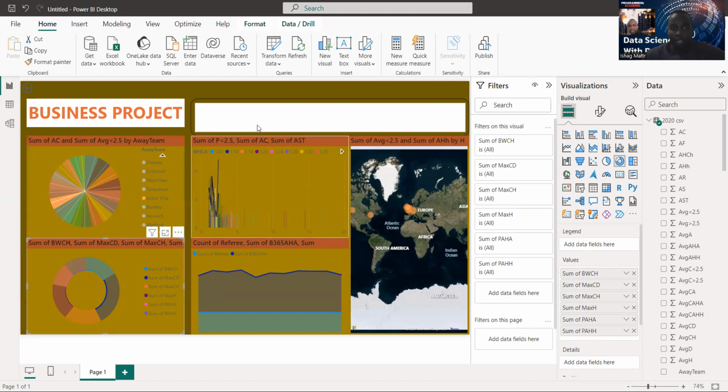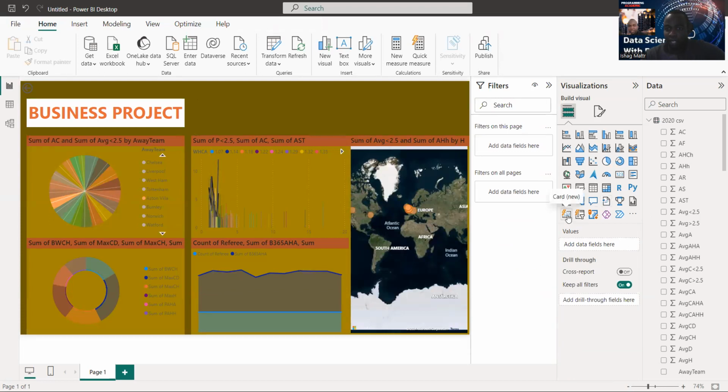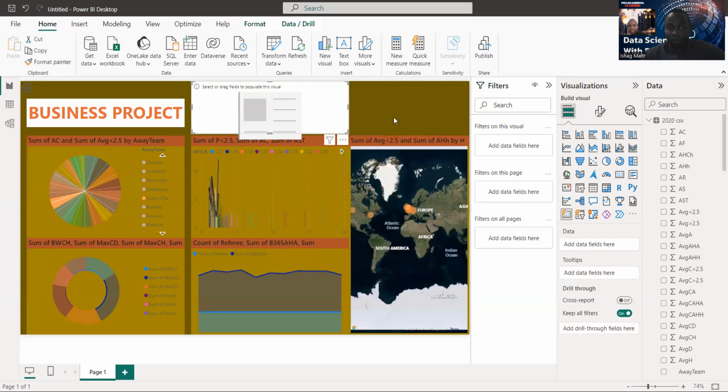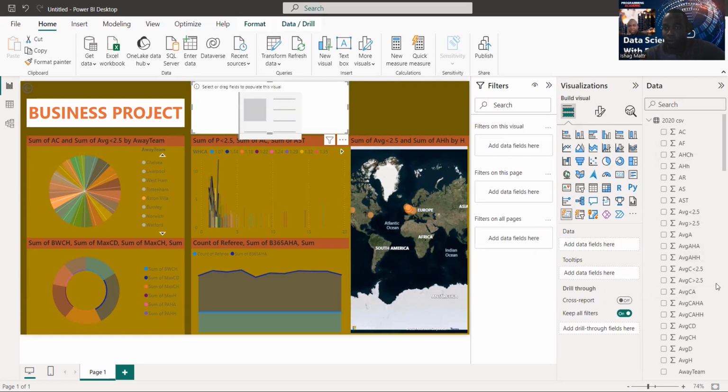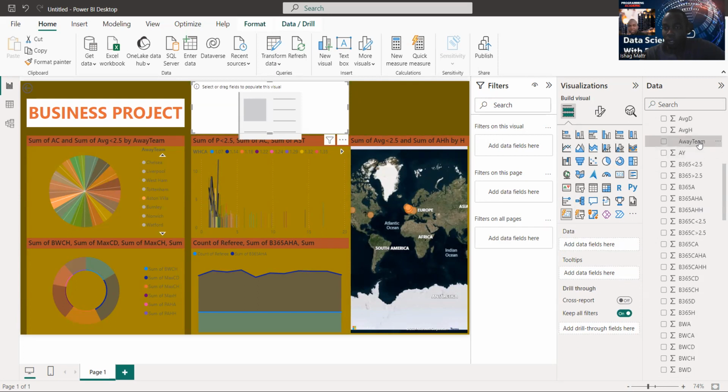So after that, let's go to create these KPIs or cards. Last, I'm going to create a card here. Okay, we have, guys, here, you look, we have new cards and we have our old card here. So let's get to the new cards here. Okay, this card, let's put some